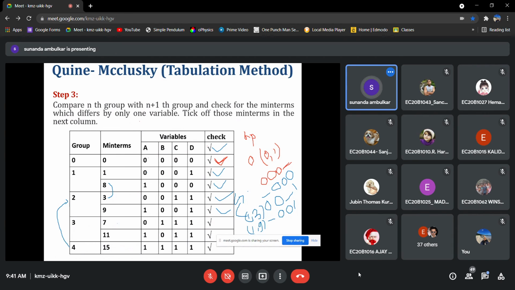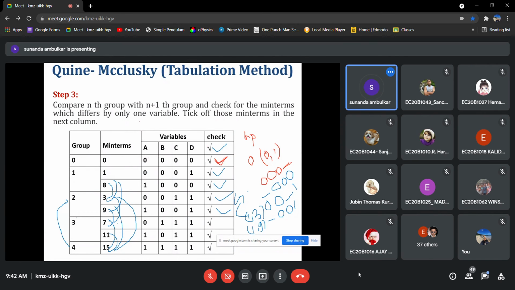We'll compare all the succeeding groups in terms of the n and n plus 1 groups. So we'll compare group members of group 3, 7 with 15, then 11 with 15, 3 with 7, 3 with 15, 9 with 7 and 9 with 15, 8 with 3 and 8 with 9.